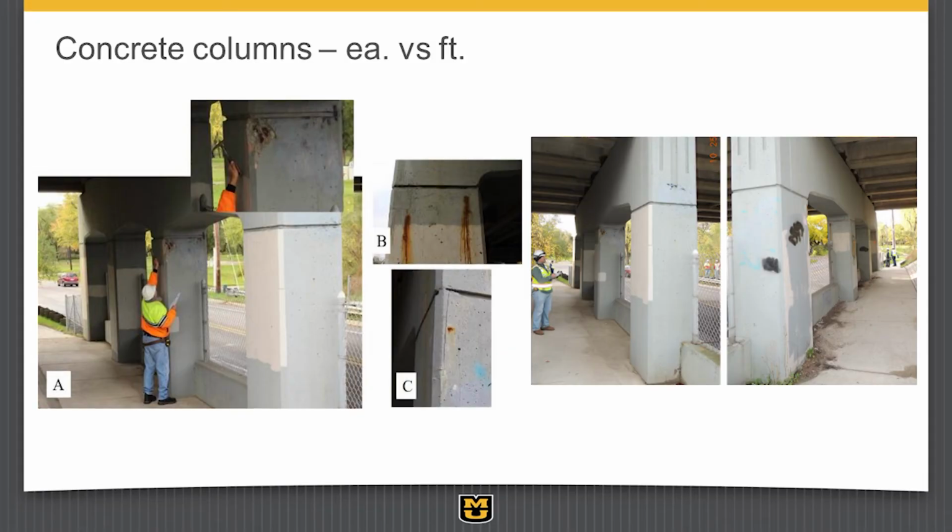We also looked at some other things that were a little more specific in terms of what people might be interested in for the element manual. We looked at what is the difference for columns that are currently rated as each. What if you rated them as linear feet? One of the things you get when you rate it as linear feet is a lot less damage. And so if you want to improve the condition of the bridges across your state, you should go take your columns from each to linear feet, because then you'd have a lot less damage.